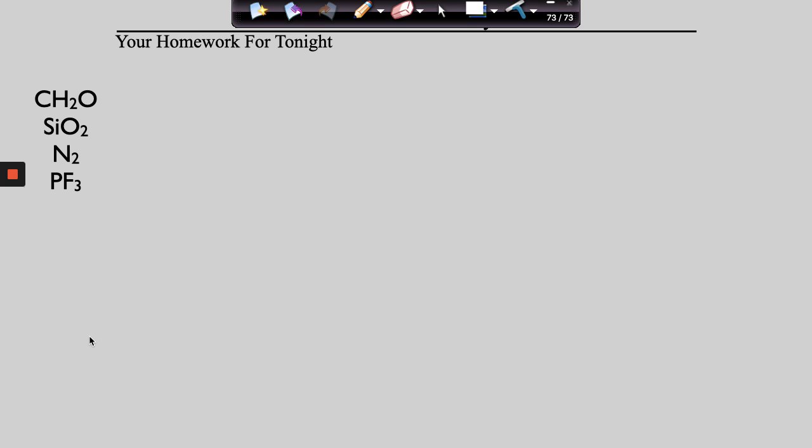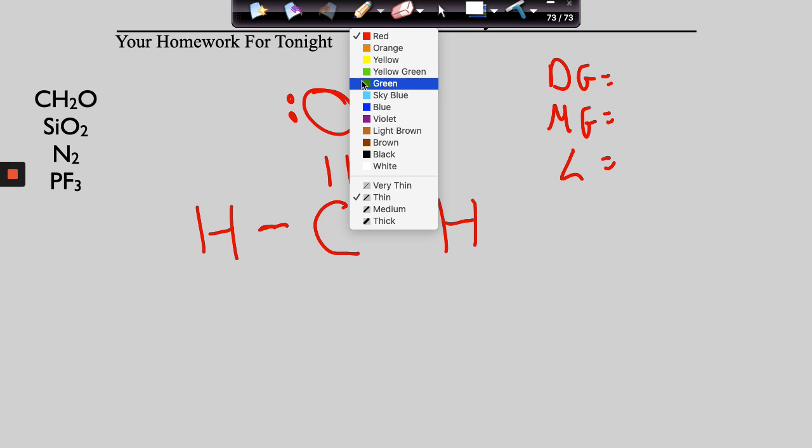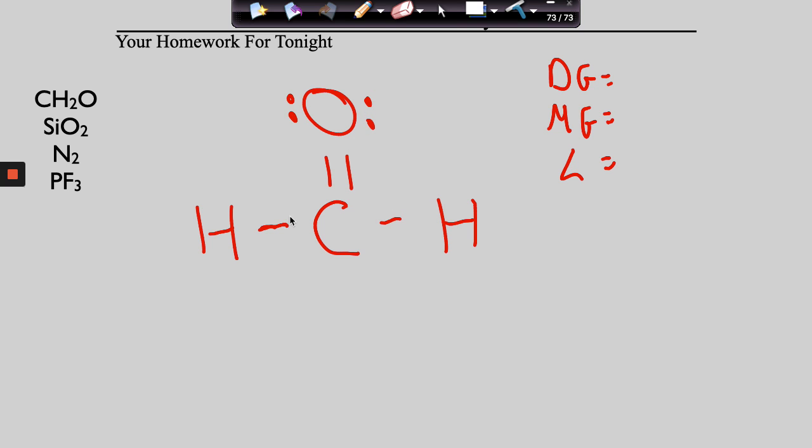So guys, first of all, we're going to look at a familiar one. Let's take a look at CH2O. I'm not going to spend a lot of time explaining the Lewis dot structure, but the Lewis dot structure looks like this. So the first question then, and then what we're going to be doing is identifying the domain geometry, the molecular geometry, and the angle. So the first thing we're going to do is count domains. Let me switch colors. We'll go blue. So we have 1, 2, 3 domains. 3 domains would be trigonal